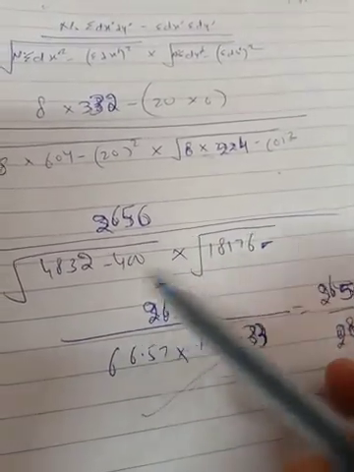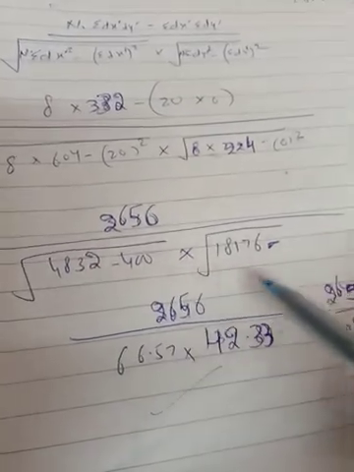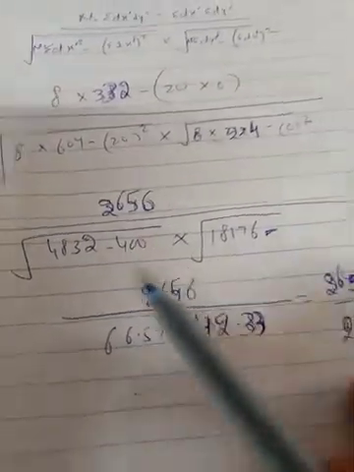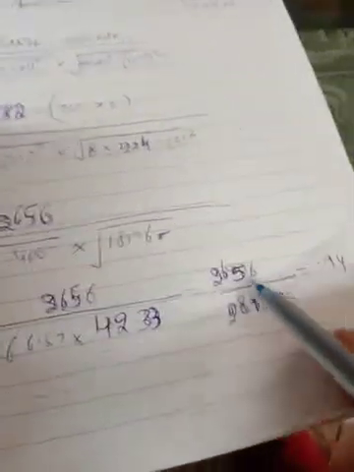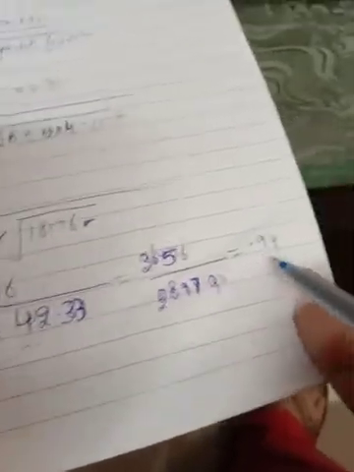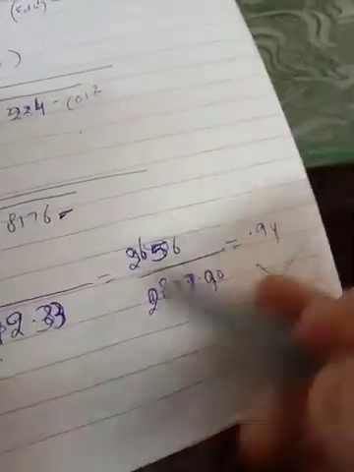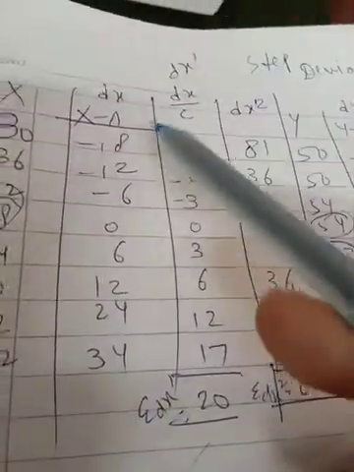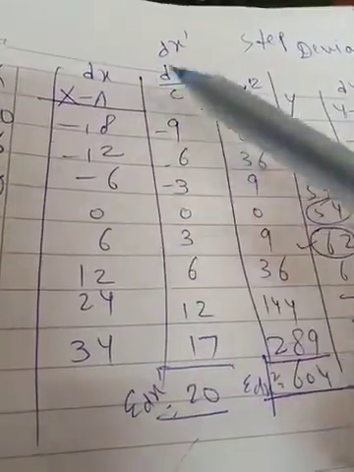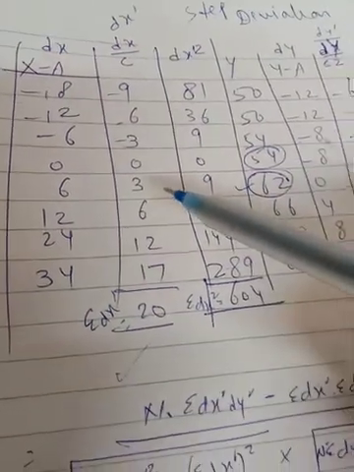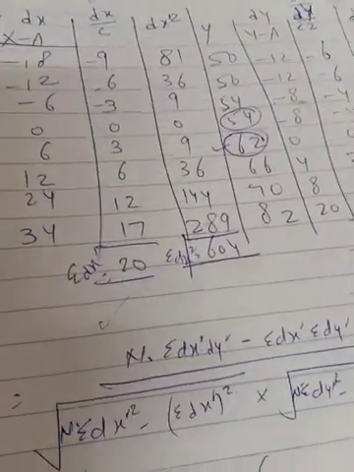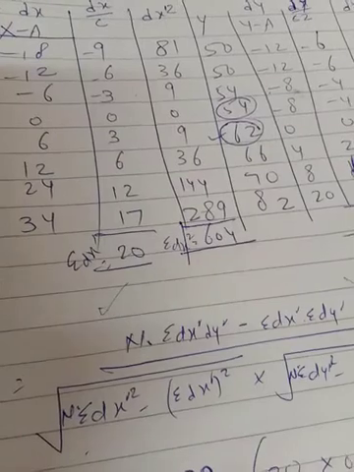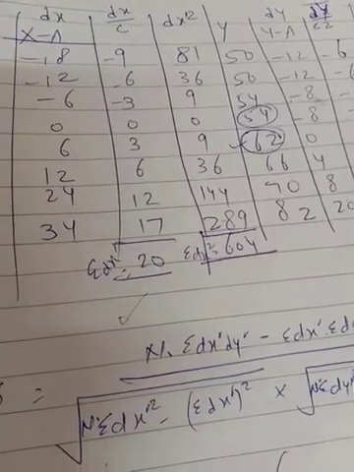Definitely you have to take the root two times, because you are taking the root of dx and then dy. After calculating all that, you will get minus 0.94, that is the answer. This is the step deviation method. Nothing else to do, you are just converting dx into dx dash. Likewise, you can do all the questions with any method you want. If nothing has been given in the question, you can use the actual mean method and all these methods.